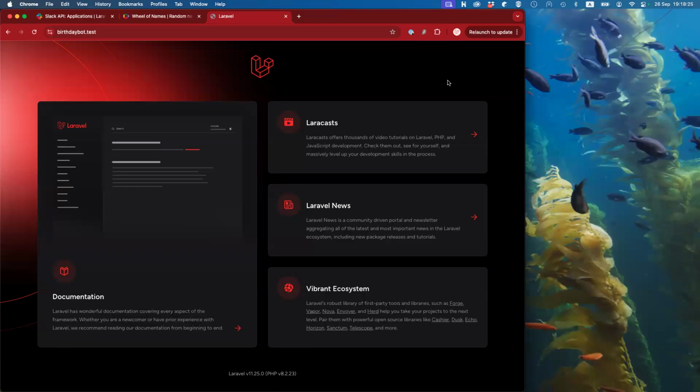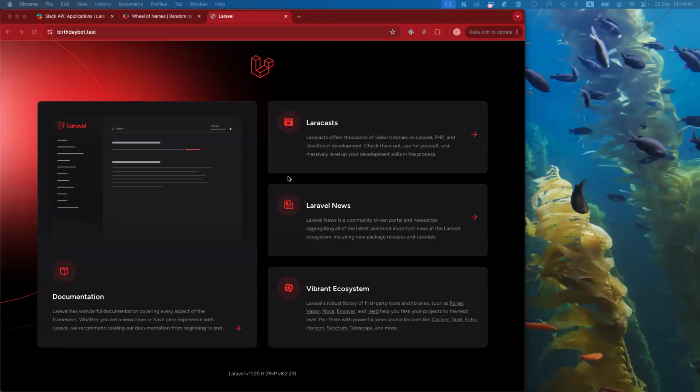So for this OAuth authentication we will be using Laravel's own package called Socialite. Socialite comes with a lot of OAuth providers. Slack is one of the providers that Laravel supports by default. So let's go ahead and install